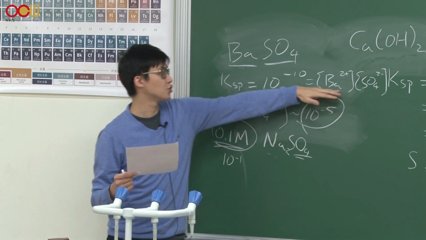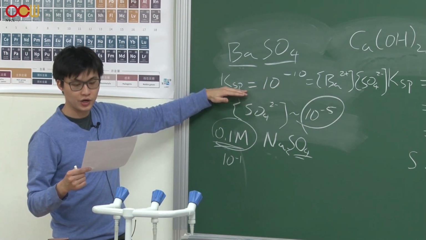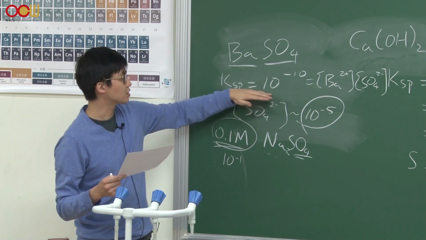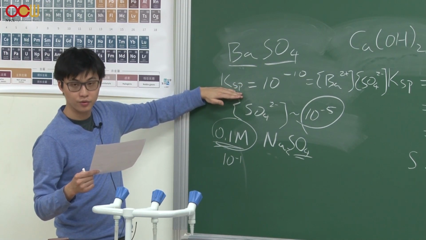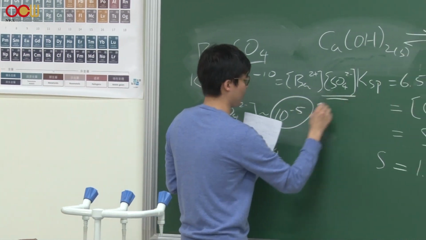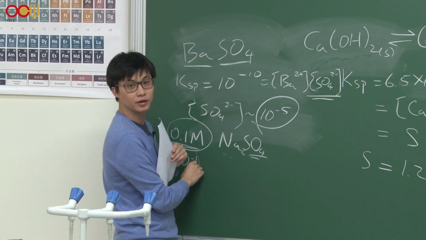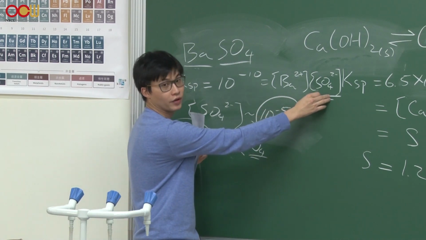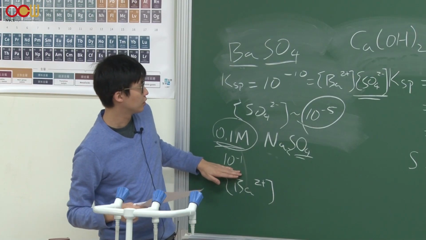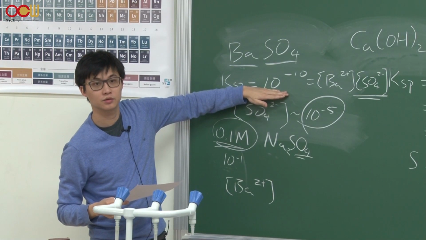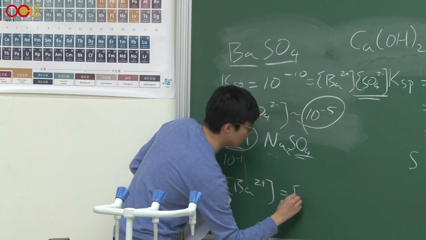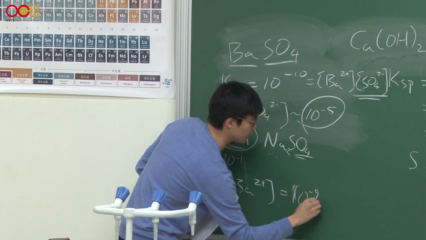So that means it's going to shift the equilibrium backward, okay, due to the Le Chatelier principle. Obviously, we can recalculate its solubility. So our solubility is limited by the Ksp value, right? So in the case where you have about 10 to the negative 1 of sulfate, what the concentration would be for barium ion? So this is dictated by Ksp, right? So the equilibrium constant. So that means your barium ion concentration would be about 10 to the negative 9, because this